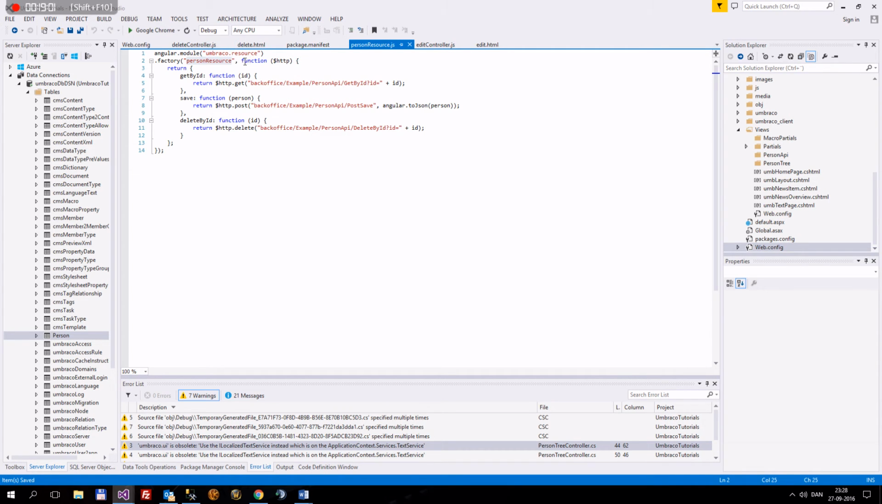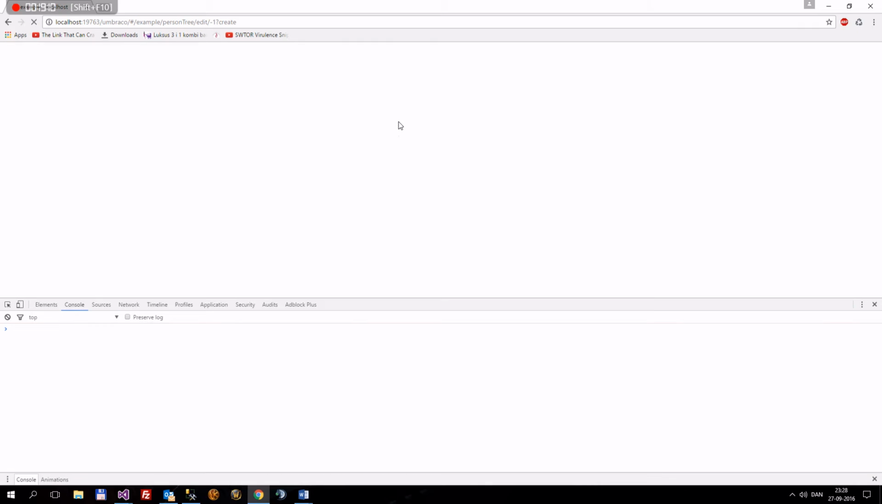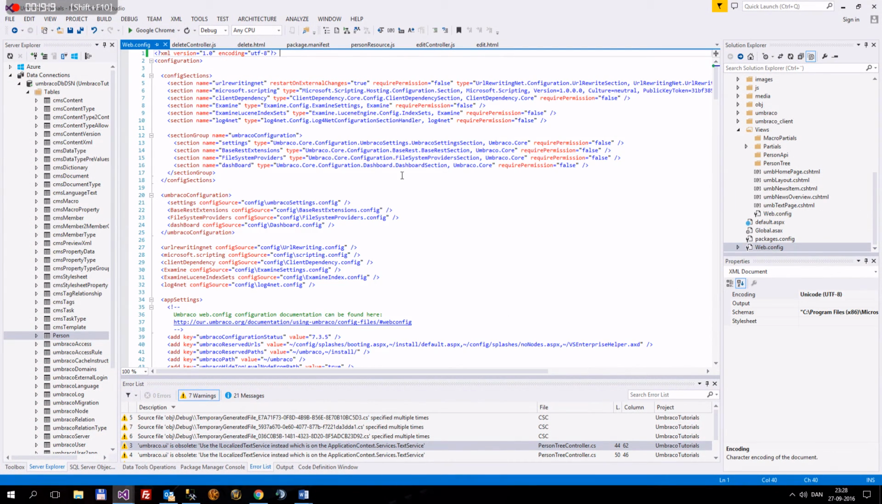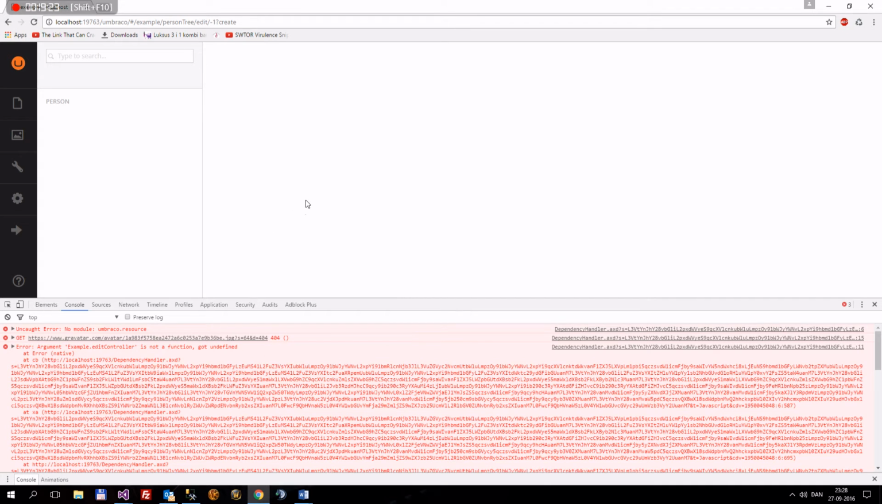My bad. That it can't find because it's not called umbraco.resource. It's called umbraco.resources. So that is probably why. So let's just go and reload here. Yeah, and now it hasn't made the change, of course, because we have to go into the web config and just change that, and then reload the page,